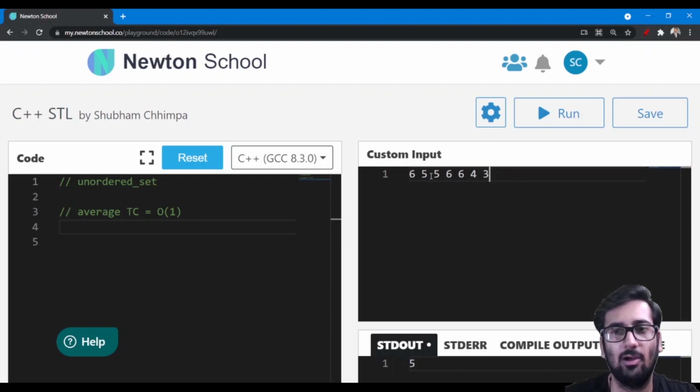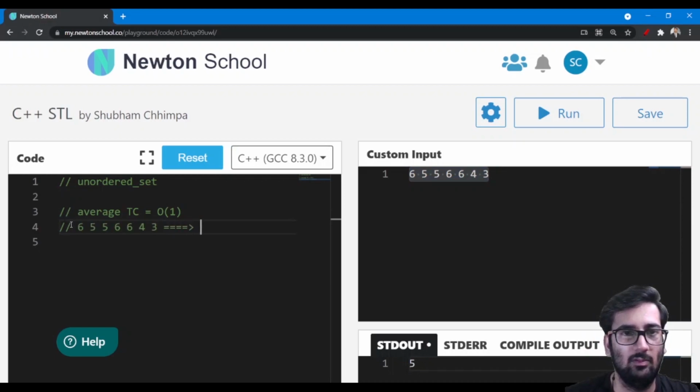So we now have 6 values to store. For this test case, the values that are going to be stored in our unordered set are 5, 6, 4 and 3. The rest will be discarded.